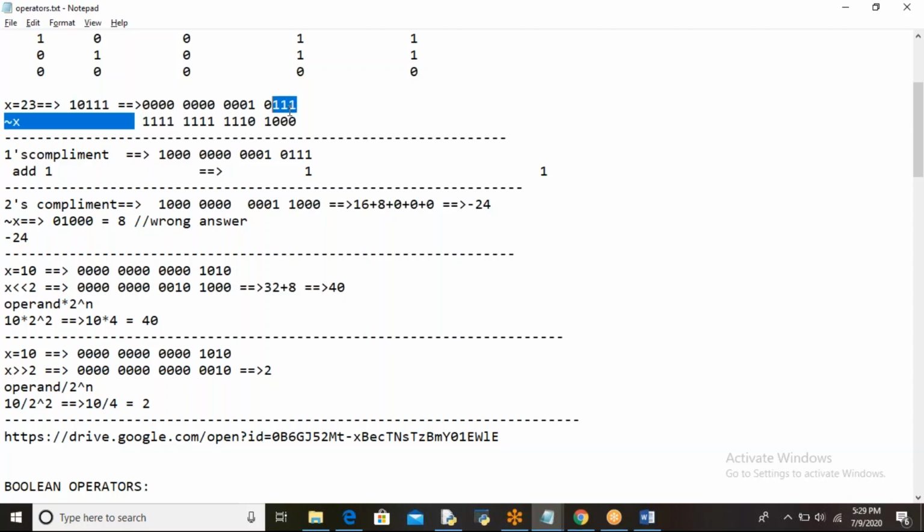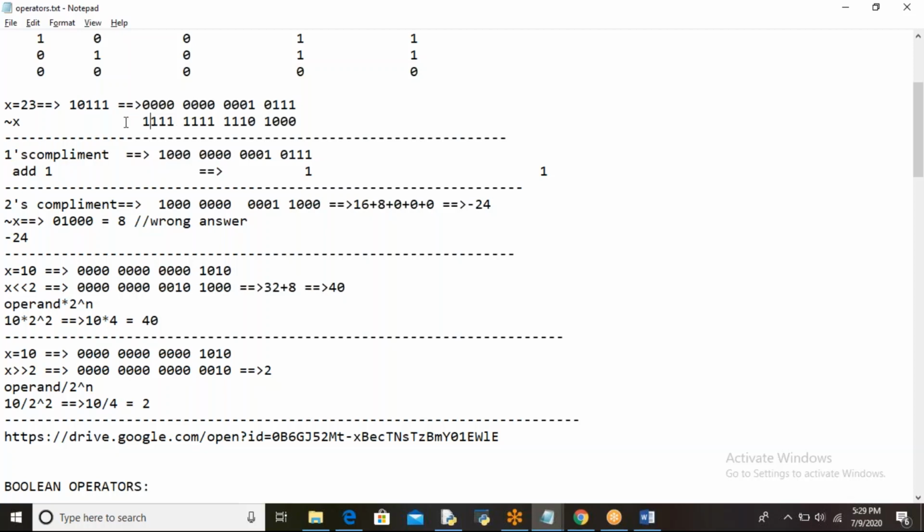Okay. So this is our answer. But the sign bit you got is 1. Whenever you see 1, you can understand that the answer is a negative number. But one thing, negative numbers will not be stored directly into the computer memory. They will be stored in the form of 2's complement. Always remember that a negative number will be stored in the form of a 2's complement.